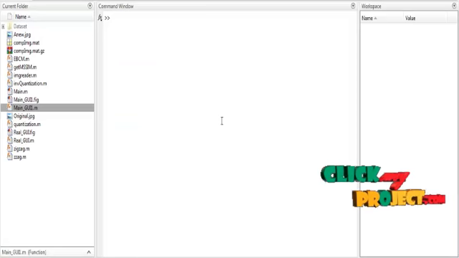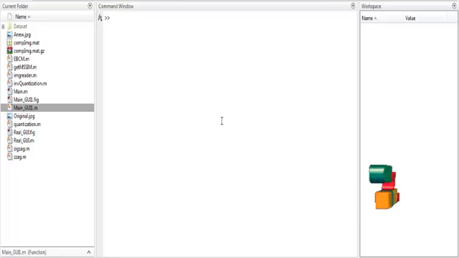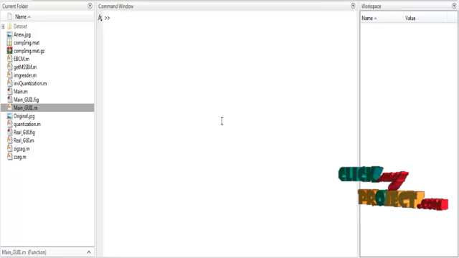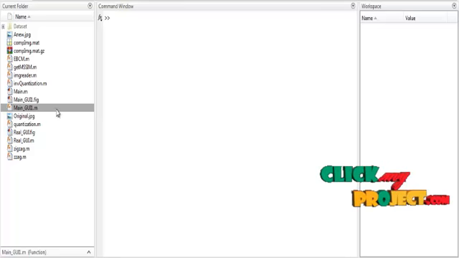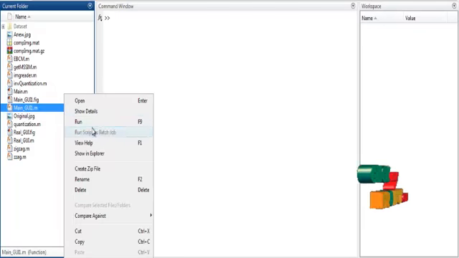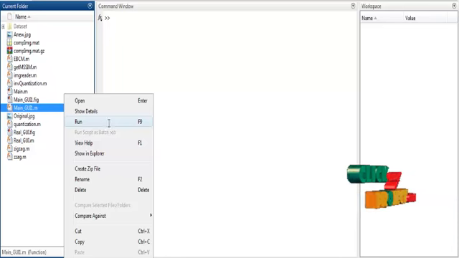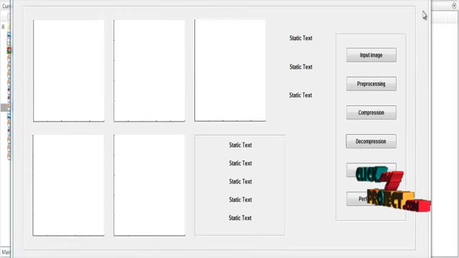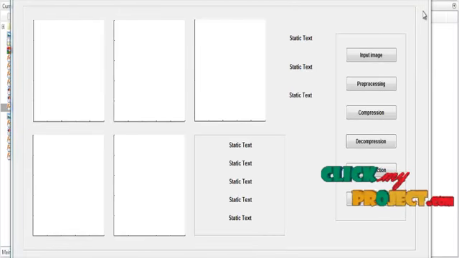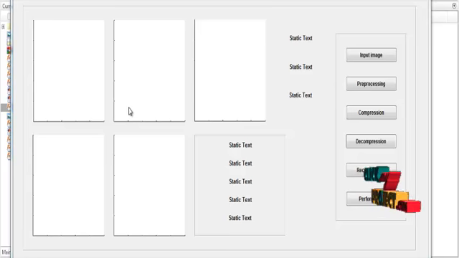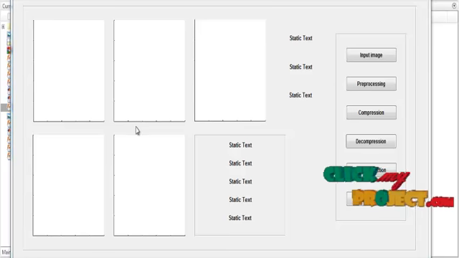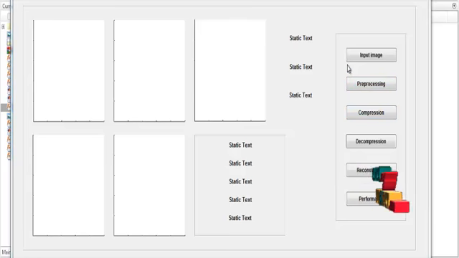Now we are going to discuss the initial running procedure for the process. At first, open MATLAB 2015B and change the current directory. If you want to execute the code, just right click on main_GUI1.m and select the option run. Now the initial GUI design is open. In that you can see several axes on the left side for display purposes and several push buttons on the right side for the controlling actions.